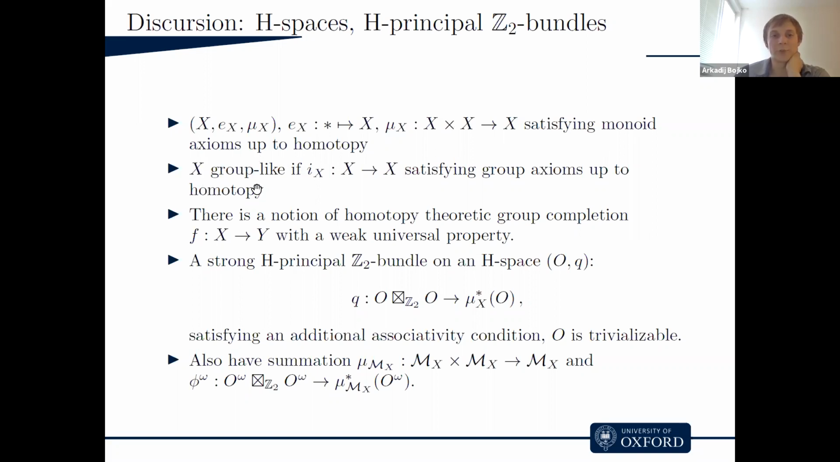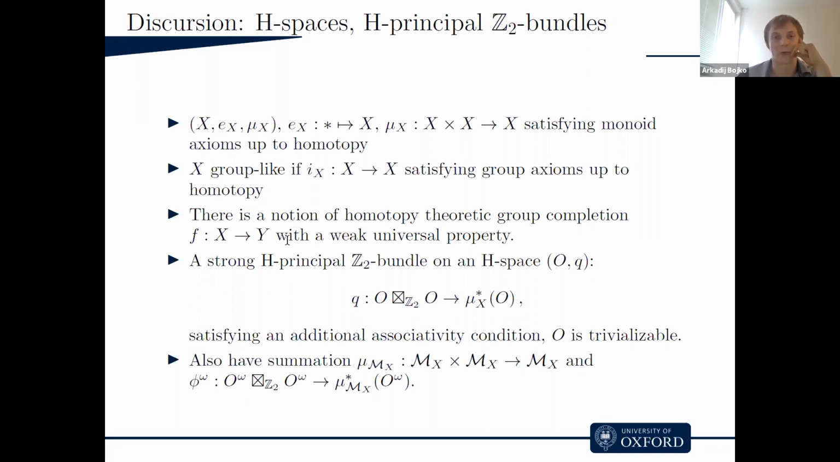X would be called group-like if there is an inverse map from X into X, again satisfying group axioms. Then there is a notion of homotopy theoretic group completion, which is like, in the setting of groups, a group completion from a monoid to a group. Such a map, which is a homotopy theoretic group completion, is a map from X into Y, such that it's not a definition, but one gets from it, in certain cases, a weak universal property, meaning that